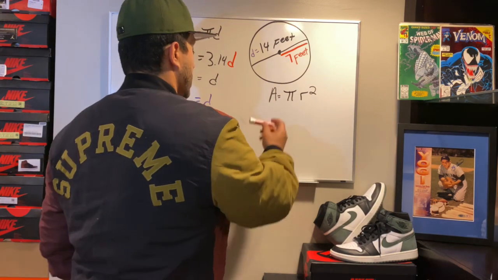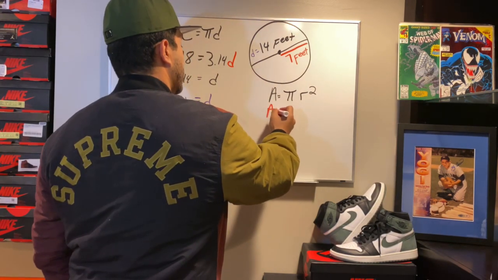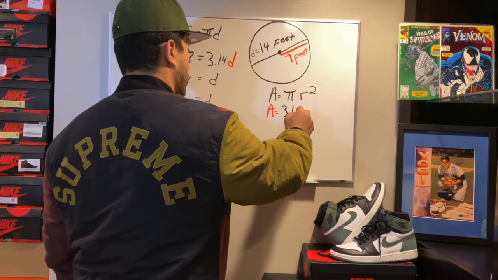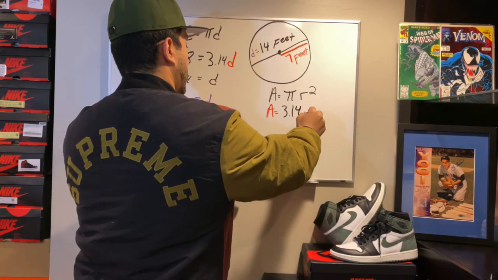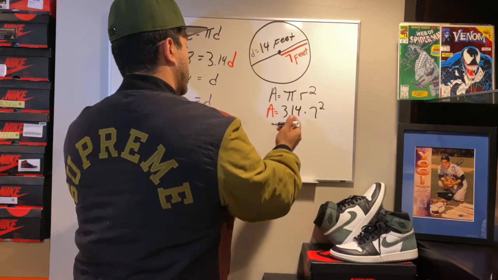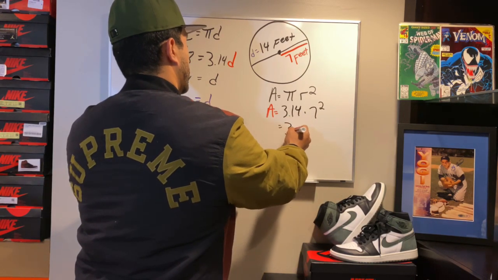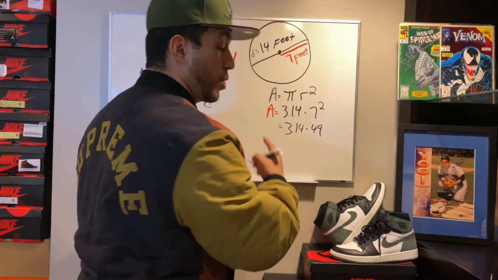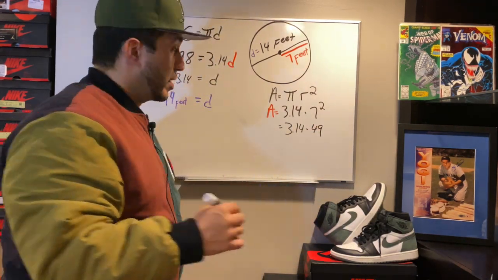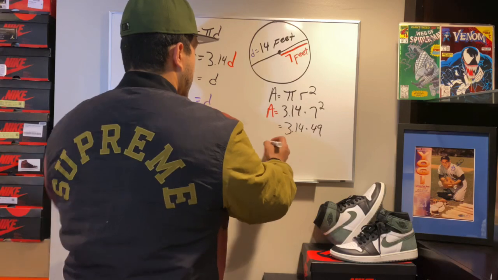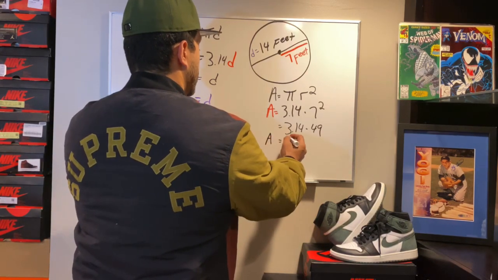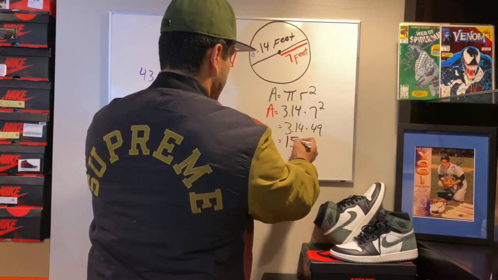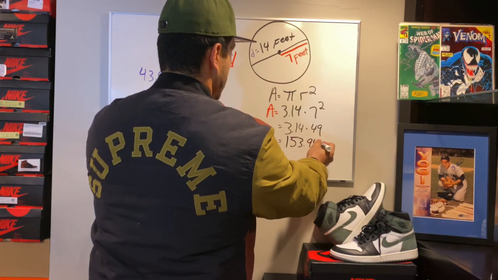I'm going to rewrite this as area equals 3.14 times 7 to the second power, which becomes 3.14 times 49. We're going with feet. And the final answer is that the area of this circle is 153.94 feet